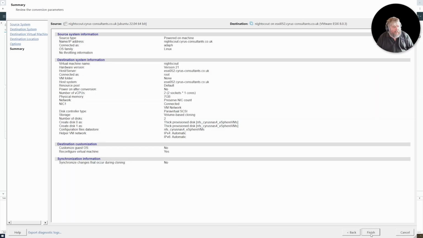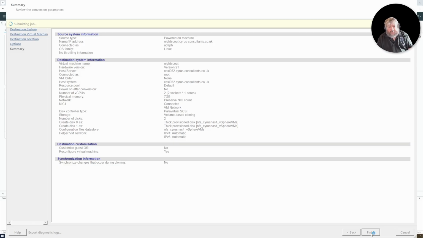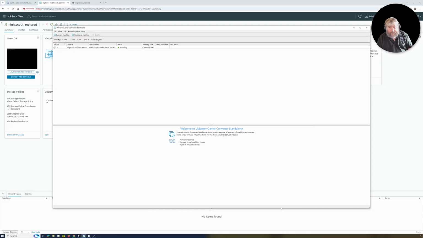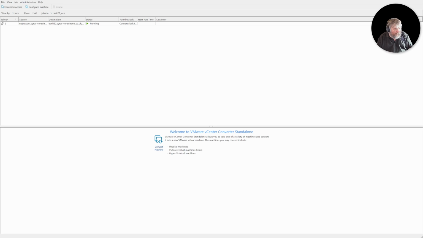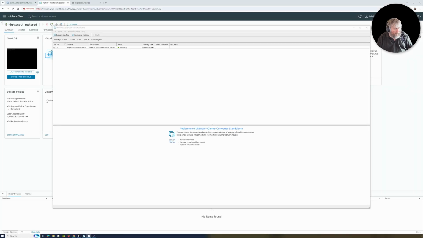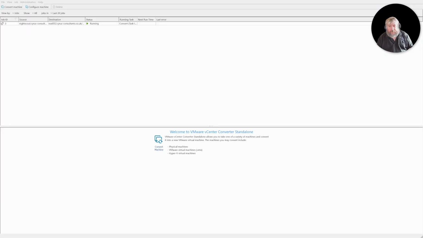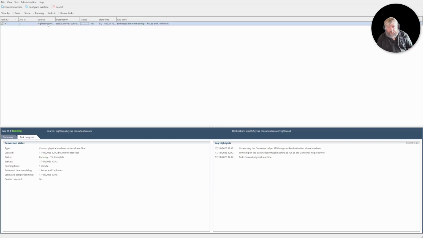Now, when I click finish, I'm going to have to drop back to the other Windows capture. So I'm going to click finish, and that's now going to submit the job. So just let me drop out of this conversion window, and there you can see the job is running. So if I just double click that,